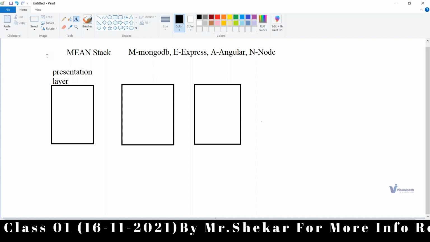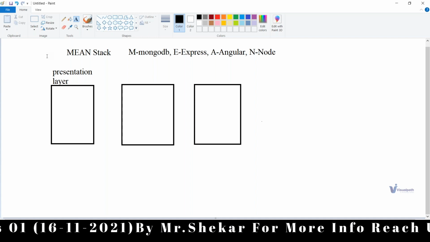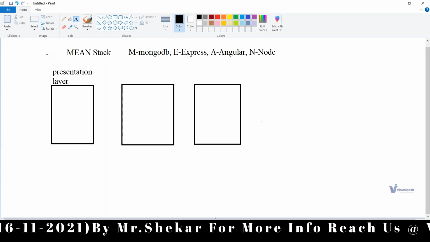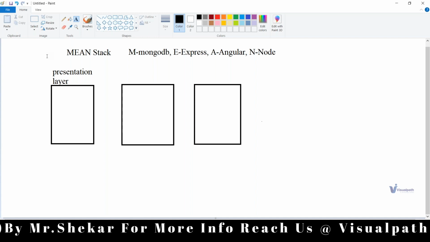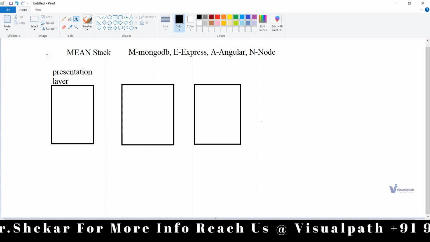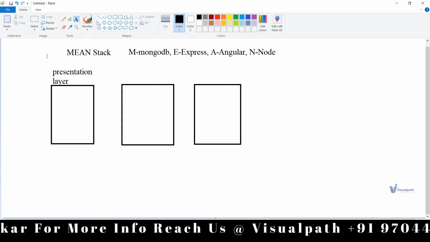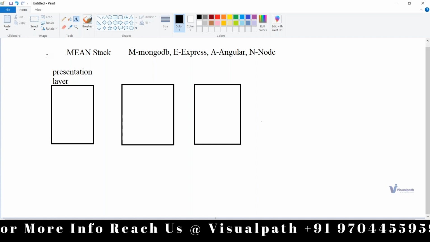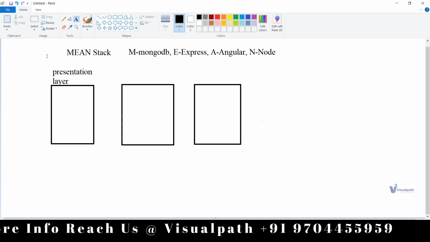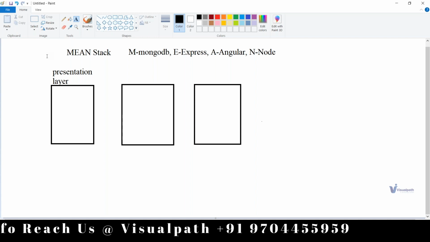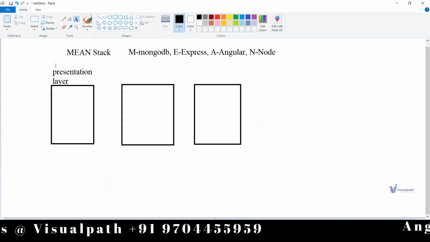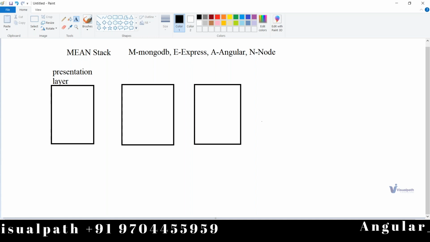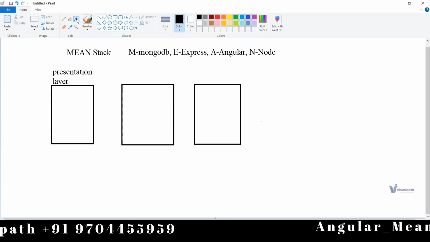The only things we can see are the home page, or before that the sign up page or login page, right? Only these things we are able to see as a user. That is what the presentation layer is about. This is the only thing we can see with respect to the entire Gmail application.